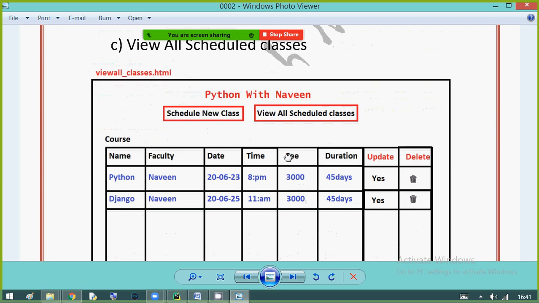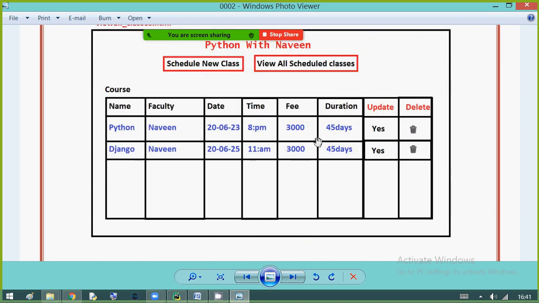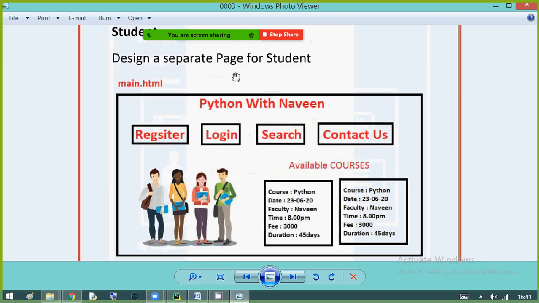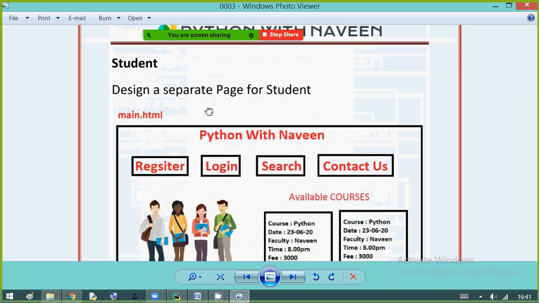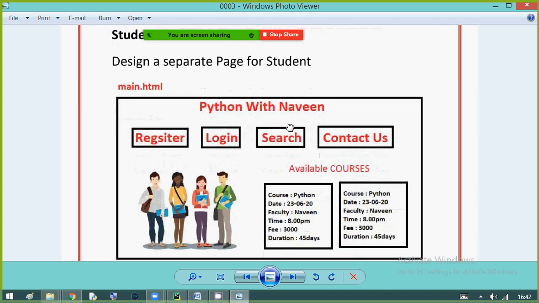When you view all, he can view all the records. Meanwhile, he can update and delete the record also. Right. So next module, that is the student module, where we are going to design a separate page for the student.